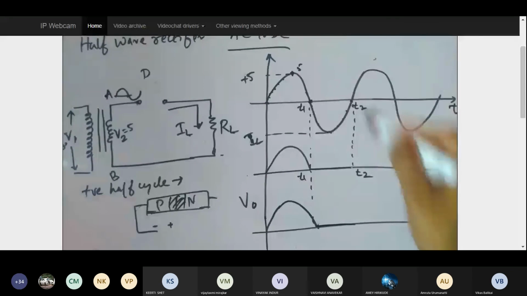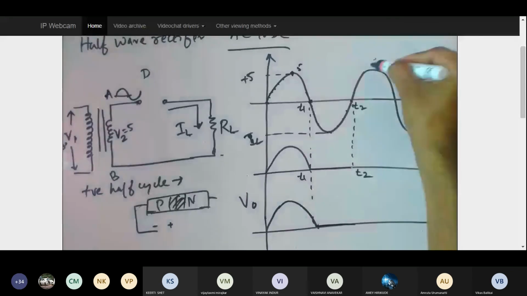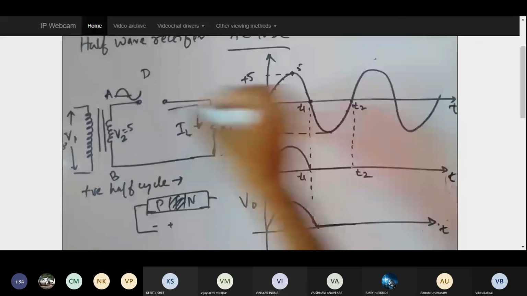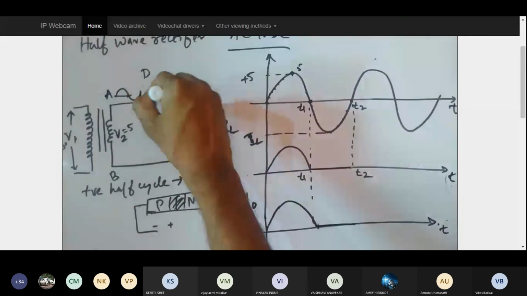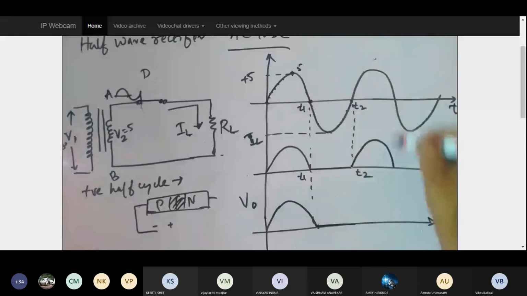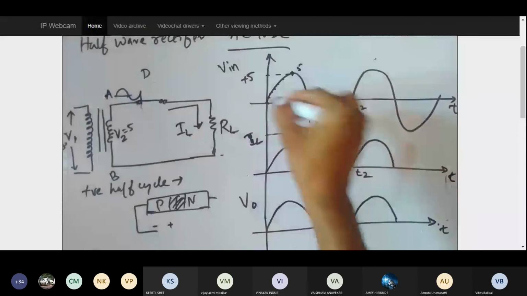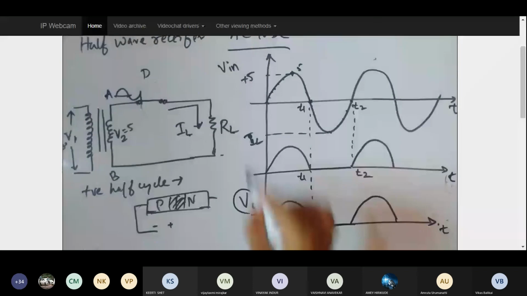And again, when the input voltage rises, the diode is forward biased, which means the diode is behaving as a closed switch and current again passes. If current passes, I will be getting the graph like this. And if this current is passing through the load resistance, it gets multiplied and I'm going to get the voltage as this. So altogether, I am getting a voltage like this. For an input voltage Vin, which is a completely pure sinusoidal waveform, I am going to get the output which is not sinusoidal. I'm getting pulses, positive pulses.